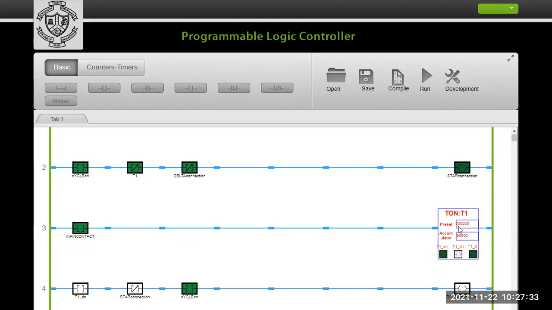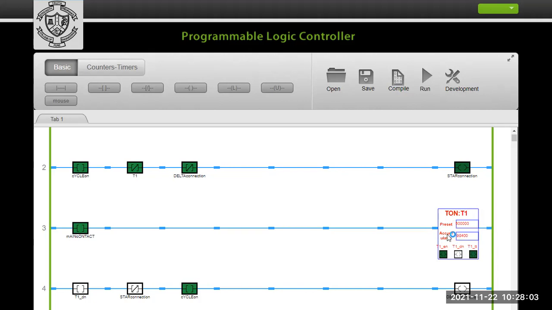I have given 50,000 milliseconds so that you can understand the effect of this timing. But in your industry, within 3 to 5 seconds it will reach the steady state without load. Then we apply a star to delta connection, but here we have to put 50,000 milliseconds so that you can understand.